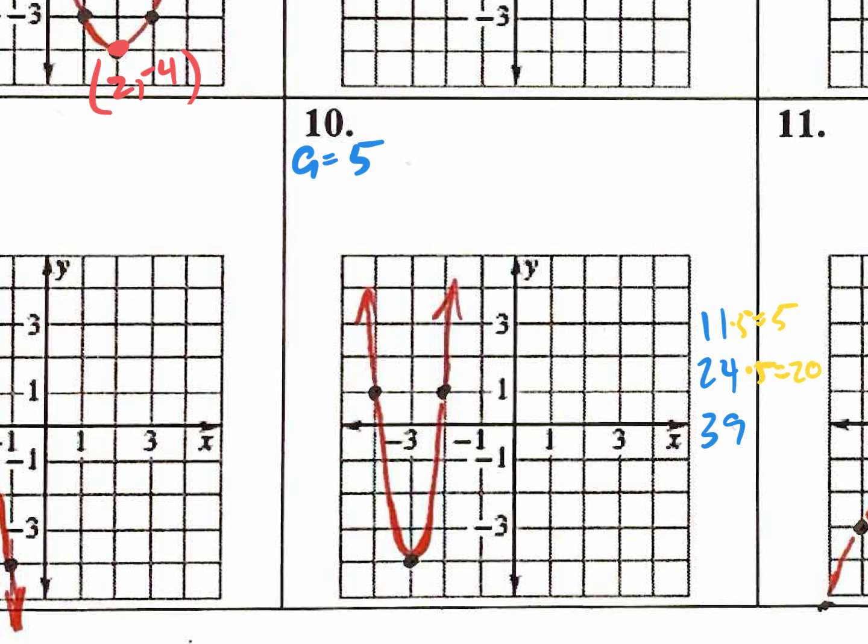20, right? 2 over 20 up. So imagine that, 2 over 20 up. You're going to be way off this graph. That's why I don't see it. Anyway,